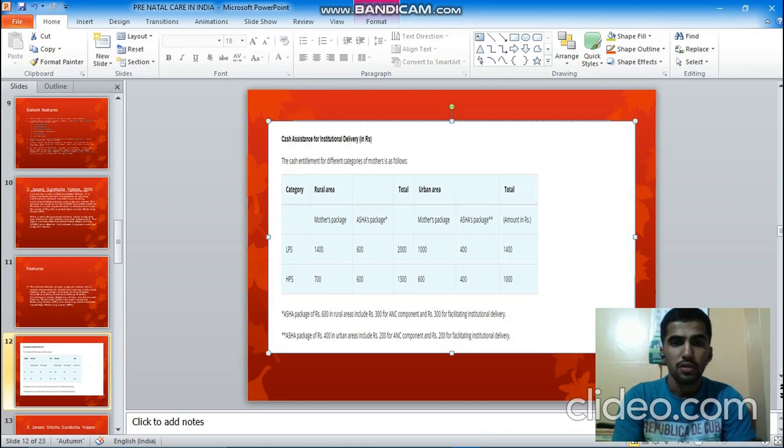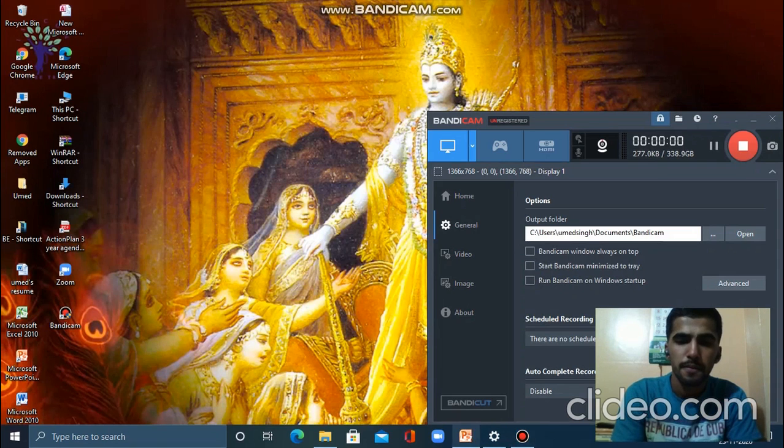So if you are an ASHA activist, you get 600 rupees more, which constitutes 2,000 rupees total. On the other hand, in the urban area, for the low performing states it is 1,000 and plus 400 is given as cash assistance for an ASHA worker, and the total amount will be 1,400. For the high performing,